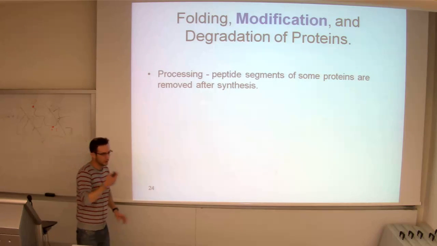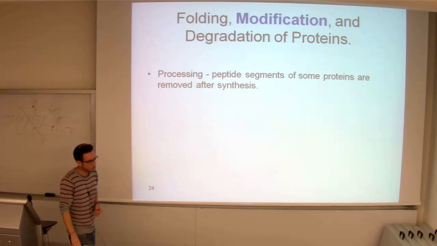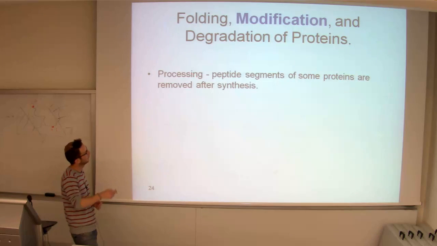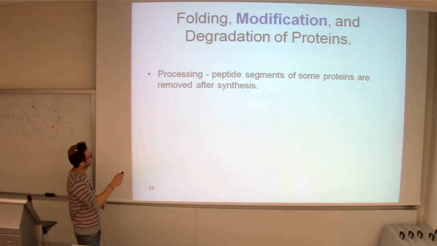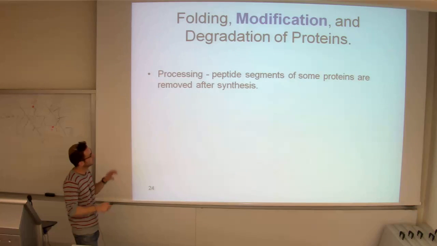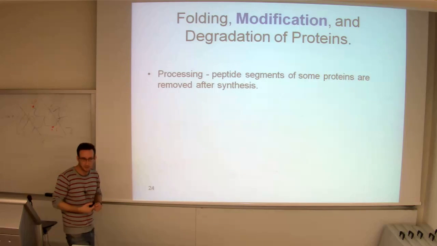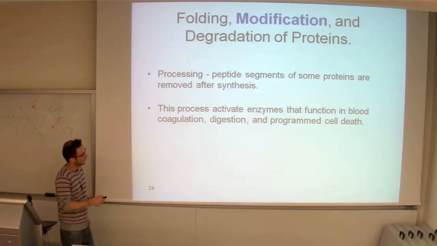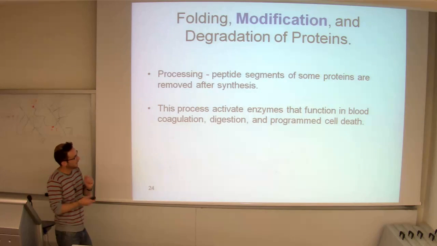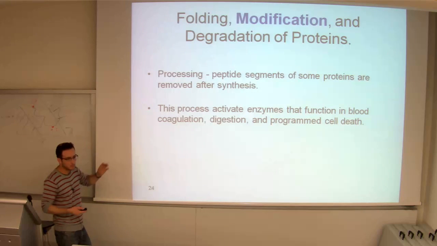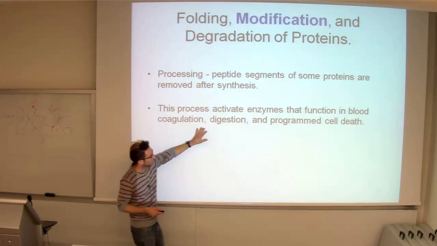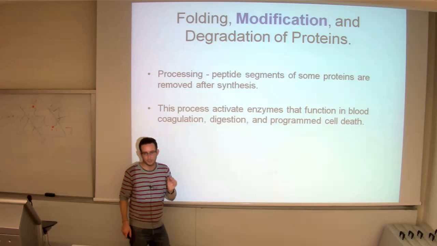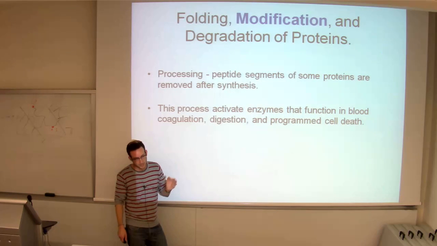Another kind of modification that is not really the addition of a chemical group is processing. It's quite a general term, but in the context of modification, it means removal of specific fragments in the peptide after synthesis. This process activates enzymes that function in processes such as blood coagulation and programmed cell death, where you have to have a very precise timing. And the idea is that